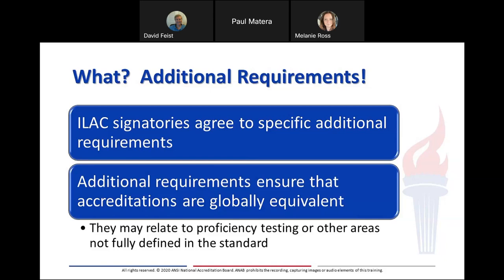So what ILAC tries to do, and I think does a pretty good job, is they take the clause within, in this case, 17020, and people will ask, well, what does an ongoing basis mean? I have to identify impartiality on an ongoing basis. Well, what exactly does that mean? How often is that? Is it every day? Once a year? So ILAC tries to clarify that. So you'll see that throughout a lot of the checklists.